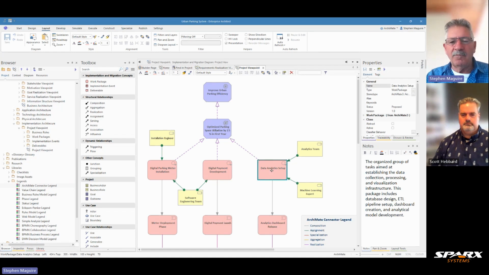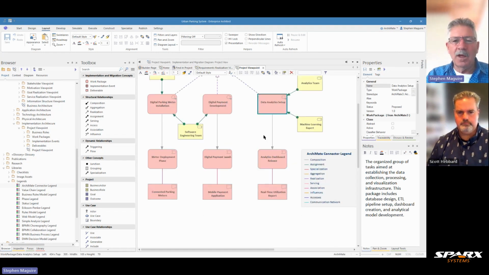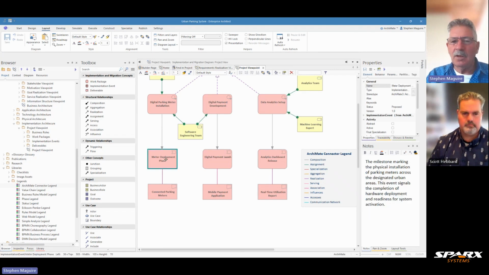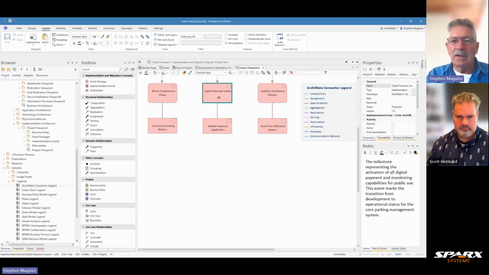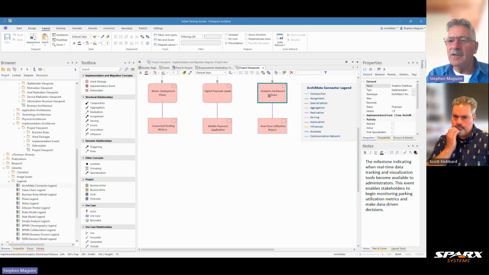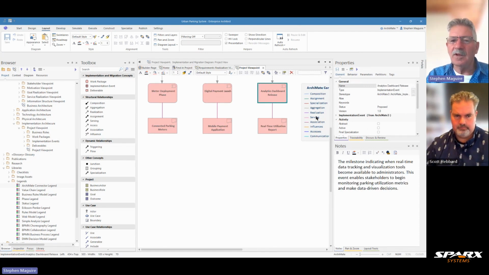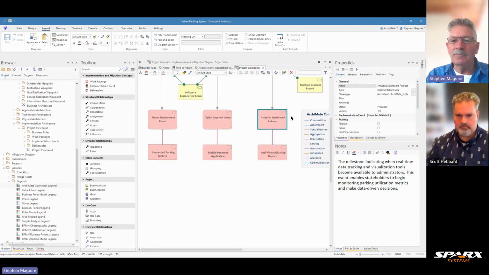Now, the elements that we've added below, we had the work packages there. We also had this meter deployment phase as one of those elements, or a number of these elements are new. So we've got these events here. These are implementation events, the things that are going up, an analytics dashboard release. So the work package is the things that you're doing, and the event here is, in this case, releases and